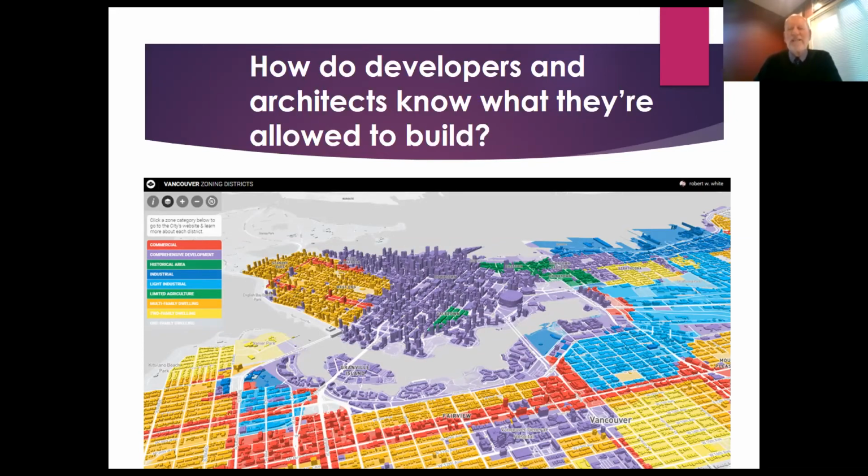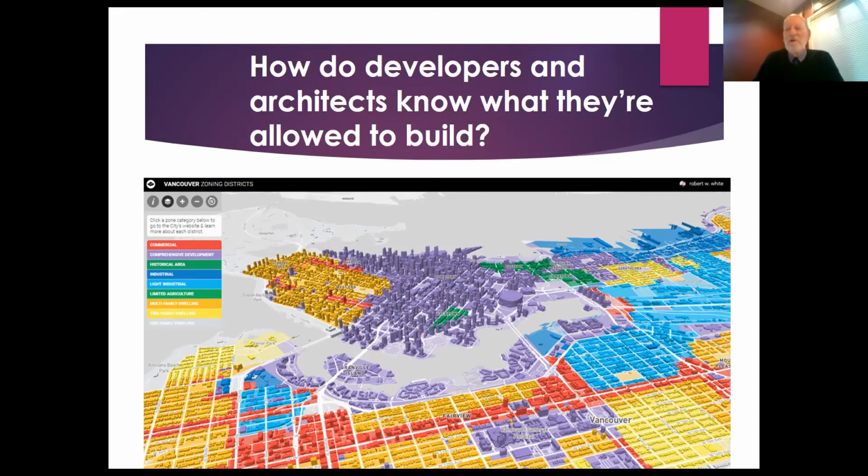Today, we don't necessarily have exactly the same concern, but we do zone the city so that certain areas are commercial, certain areas are residential, and other areas might be industrial. As part of the zoning, we also decide how much park space should be provided and so forth. This is a recent three-dimensional zoning map of Vancouver, where I live. And as you can see, there's different colors representing different parts of the city.